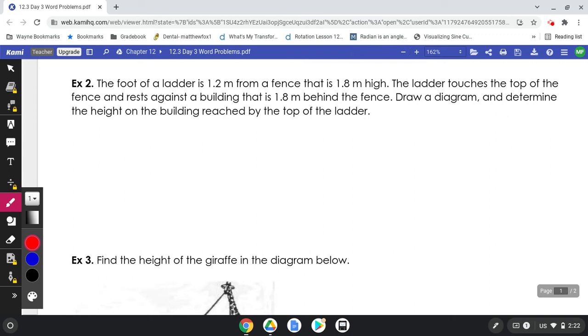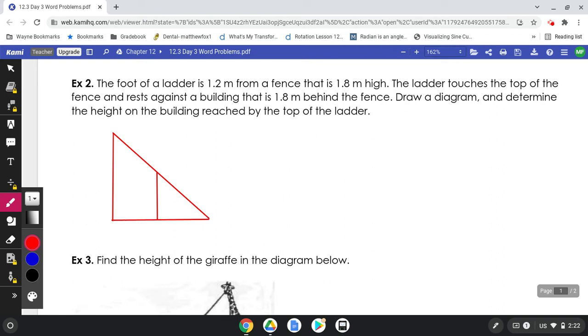Okay, it says the foot of a ladder is 1.2 meters from a fence. So let's draw this fence. We have a fence here, and there's a ladder over here. The foot, that distance is 1.2. The ladder is leaning up against the fence. It hits the fence and goes all the way to a building. Okay, so meanwhile,